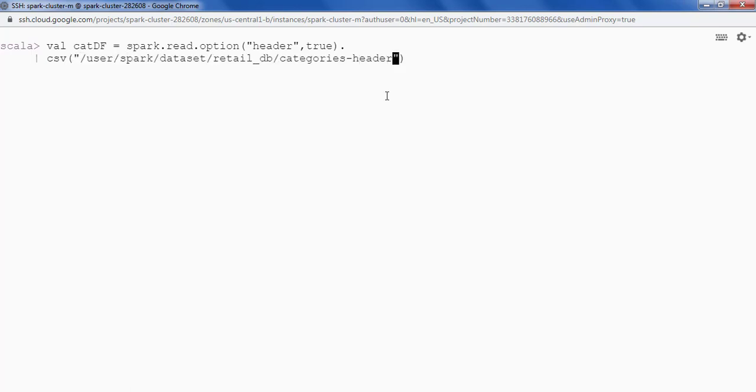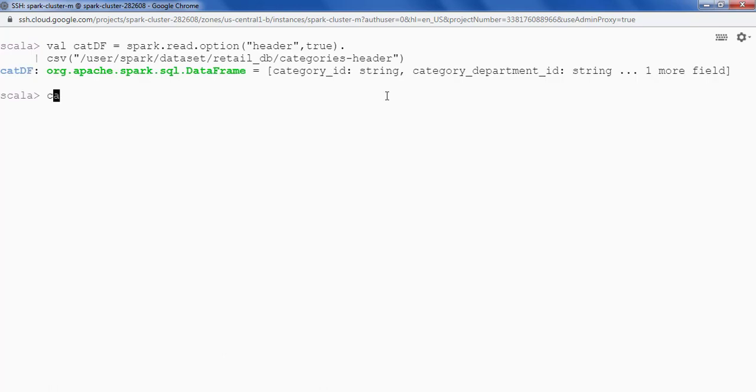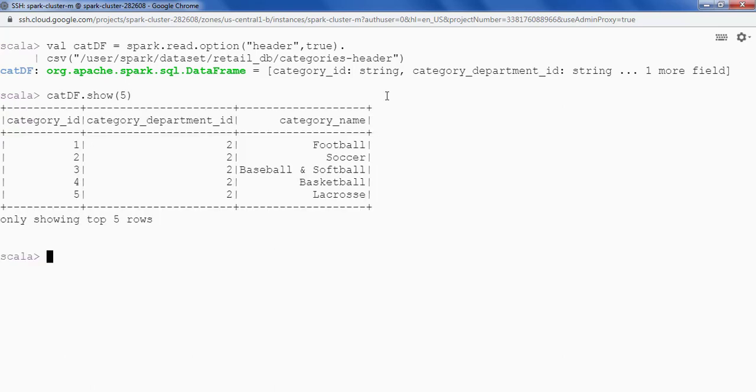I have already copied the path. Okay, this has returned cat df. Now doing cat df dot show and give me the top 5 records. Let's see. This time Spark has considered the first row as a header itself, and we can see that. So this is the way to read a CSV file which contains a header.